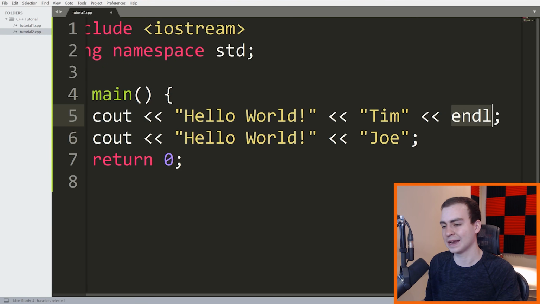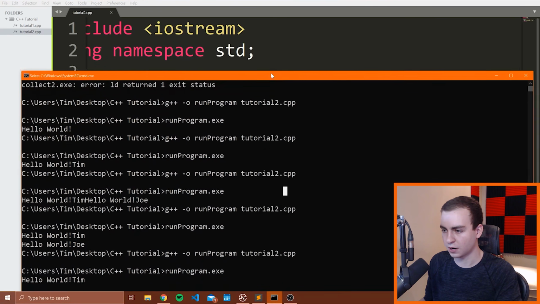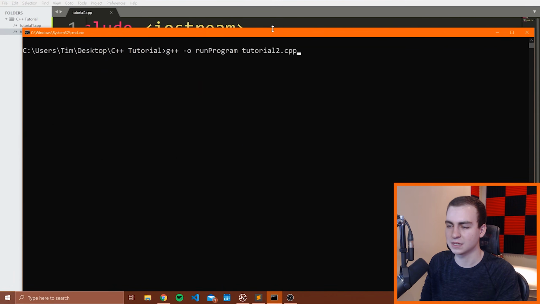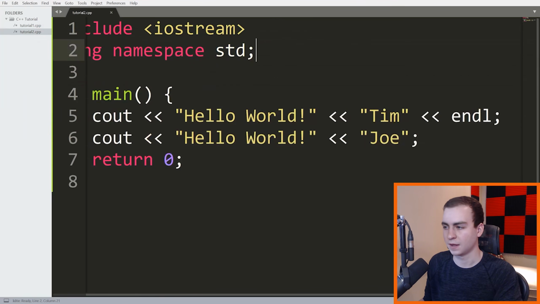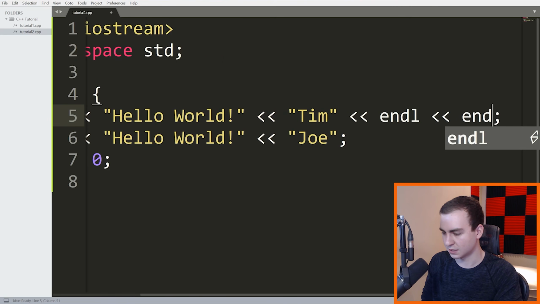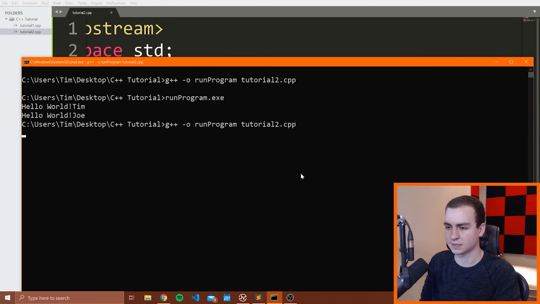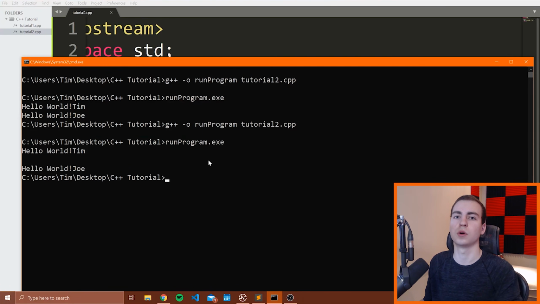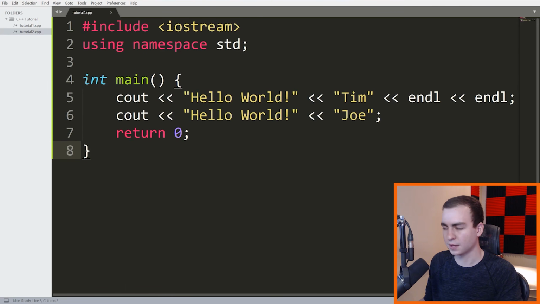So now when I add endl to the end of my stream here and compile my program, let's clear the screen to give us some space. Let's compile, let's run. Notice it goes to the next line. And I could add another endl, like that. Now let's see what happens. So now we go 2 lines, right? So that's the idea behind cout. Let me zoom out here so you can see everything. That is endl, that is the escape characters.